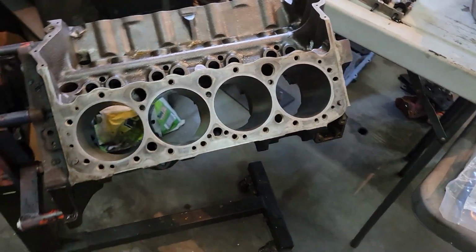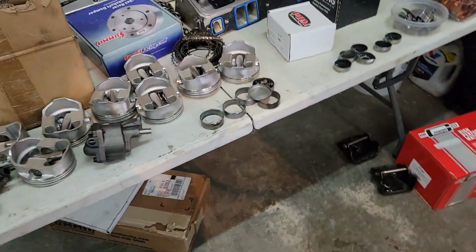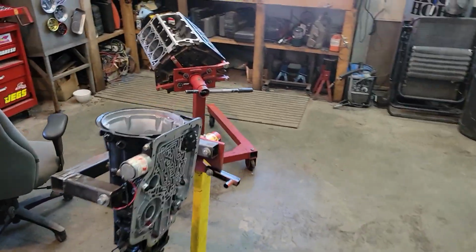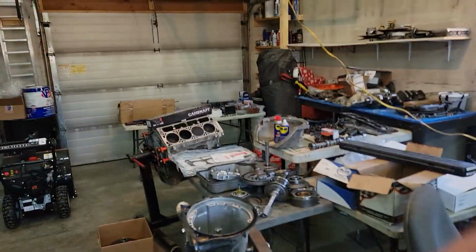So we're gonna get this thing cleaned up, get that thing going. We got lots of goodies going on for that build as well. Got parts lying everywhere. So we got a few fun builds on the way here. So we'll get these going, get some more footage of some of these as we're going, I guess, and we'll see